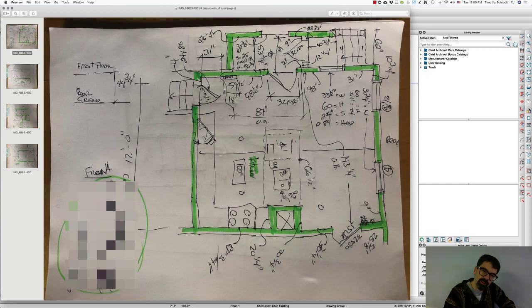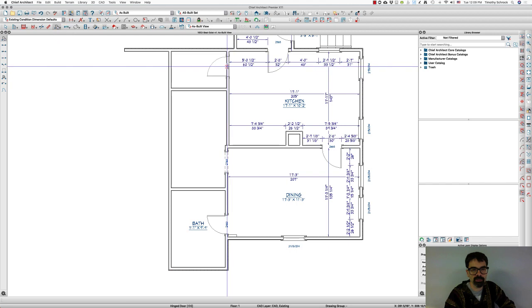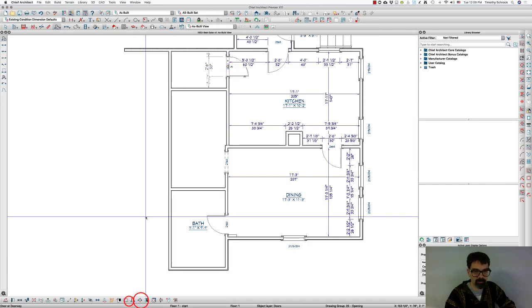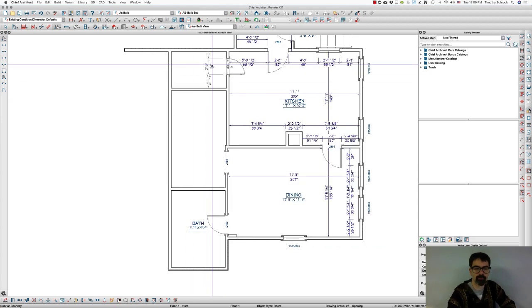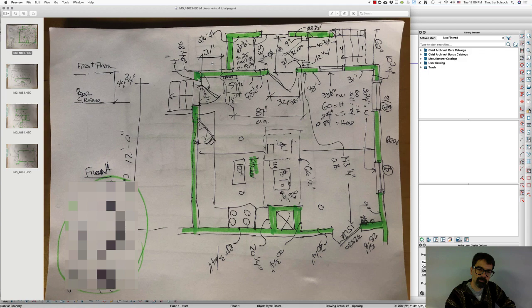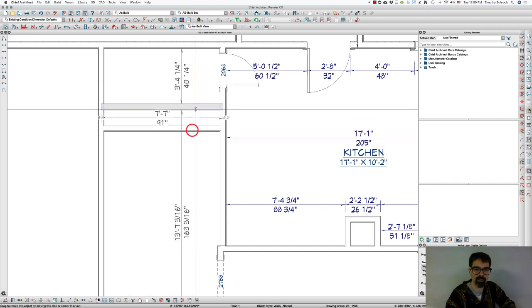And then lastly, we've got a 4-panel 24 by 80 door going in the kitchen. That's 4 inches out of the corner. And this will